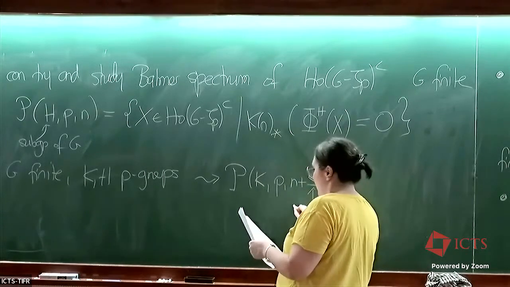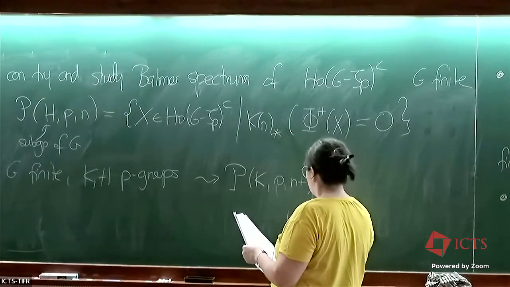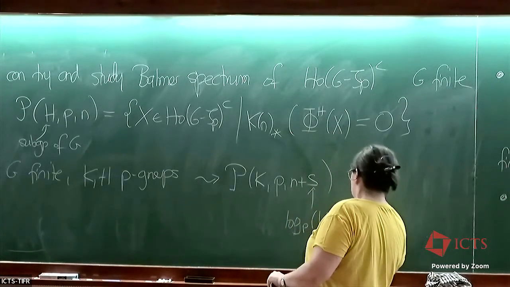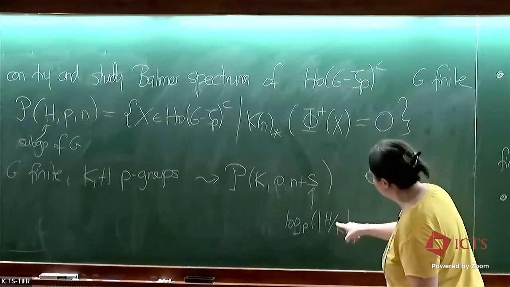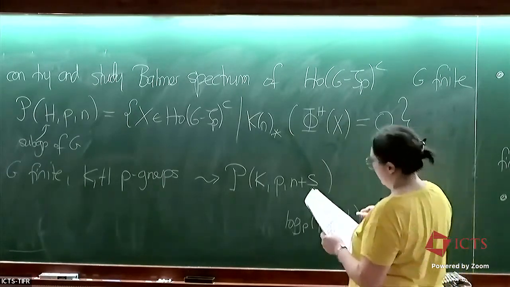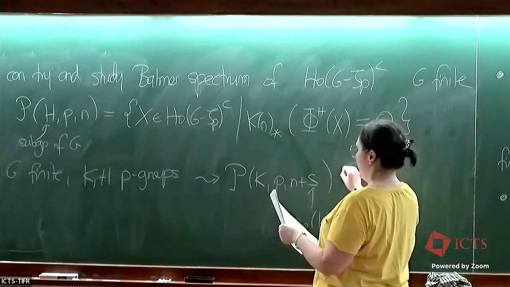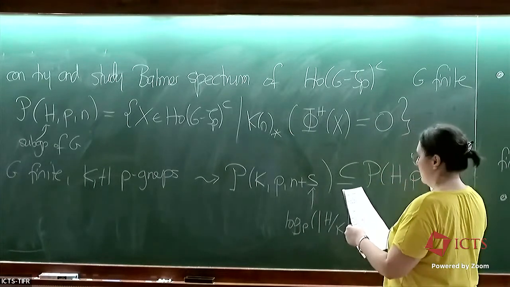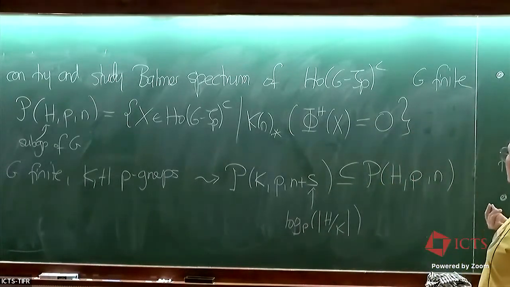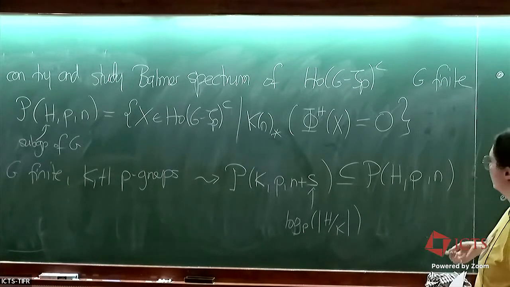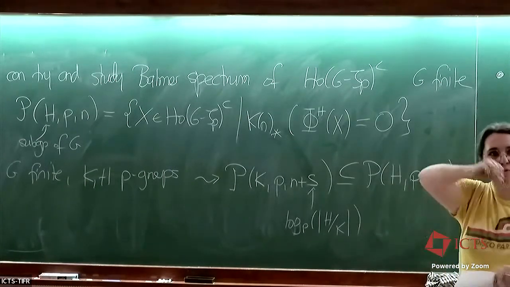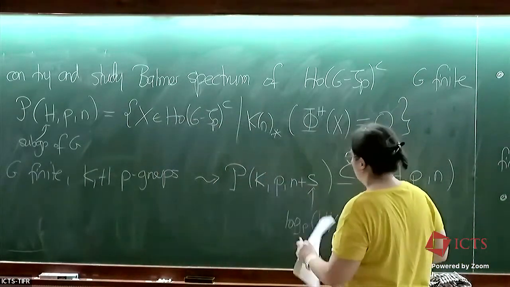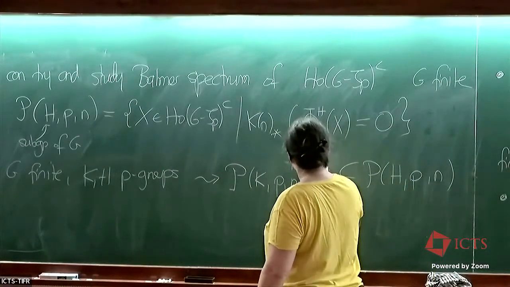So S is the P logarithm, so the exponent of how often K is included in H, the exponent of that. So that is included in here. And if you know that, then that helps you to draw some of the edges in your pictures. But to draw the complete picture, you need to ask yourself,